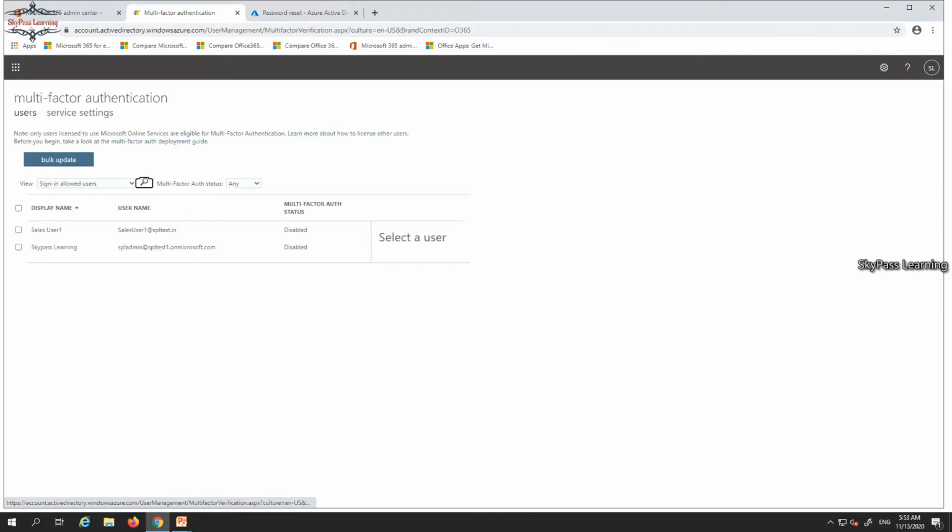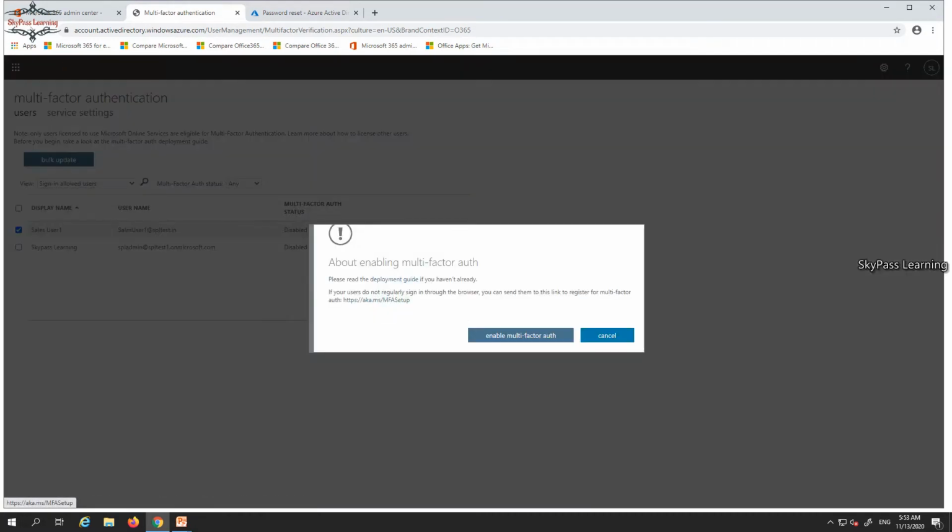So here you can see the multi-factor authentication is not enabled for these 2 users because we have only 2 users at this moment. You can select the user and click on this to enable multi-factor authentication. I have not yet enabled it, but I can enable it. Once you enable it, it will ask for a phone call.